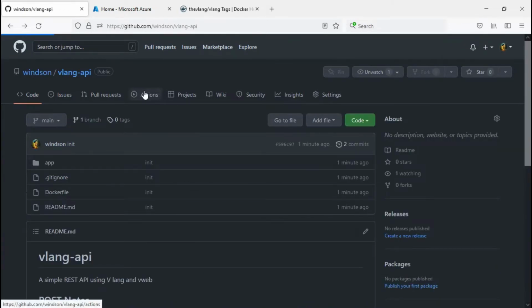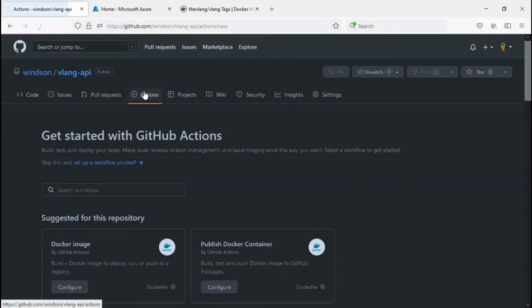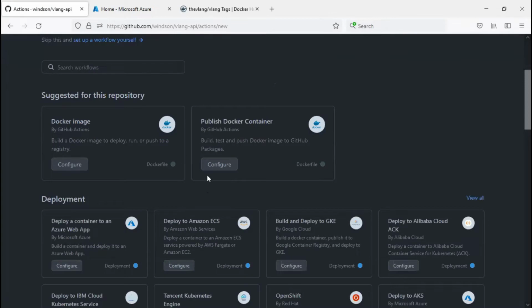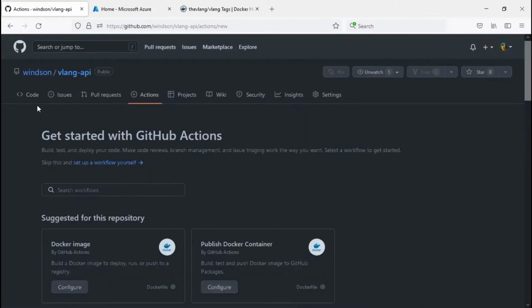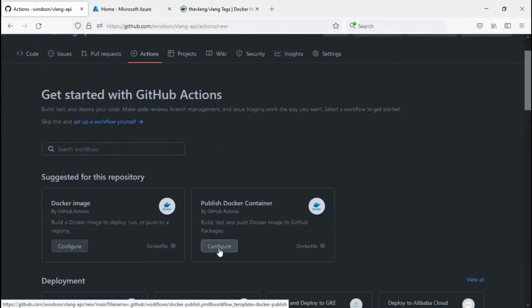by navigating to Actions. Our GitHub action will create an image that is a resemblance of our VLAN API and push it to the GitHub container registry, ghcr.io. In order for us to be able to do that, we have to choose Publish Docker container.